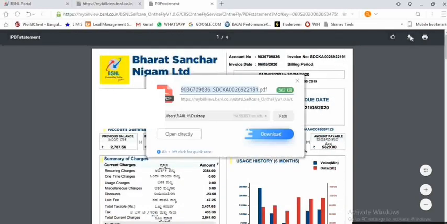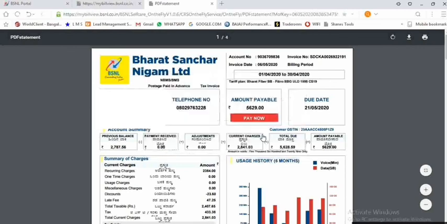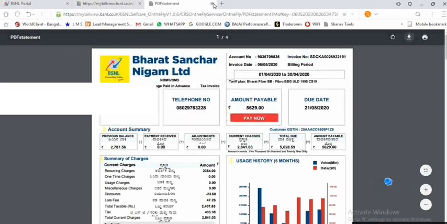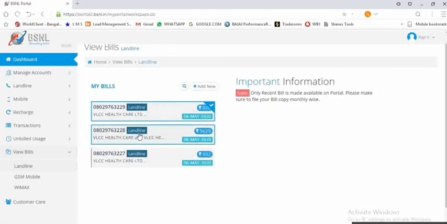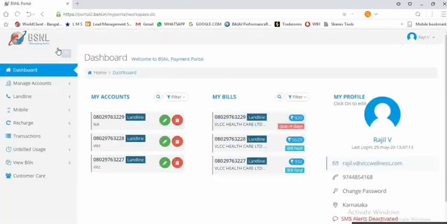Download that PDF to our documents and we can save. Here also a click to pay option is there, I am skipping it. Like this, if you click 2 or 3 options, a new window will open and we can download our invoice.